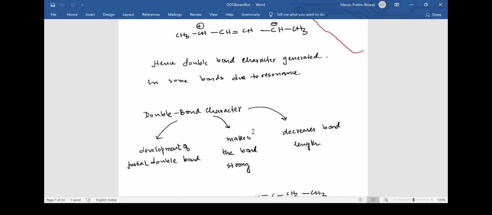In a similar way, there is a bond vibration energy, and we need not go much deeper into that. The basic thing I'm trying to say is that if the bond length increases, the stability of the bond decreases, and if the bond length decreases, the stability of the bond increases. I'm repeating again, the bond length varies inversely with the stability of the bond. So in double bond character we see that the stability of the bond increases. Therefore we can say firmly that the bond length decreases in case of double bond character. So while making questions you need to remember these three facts about the double bond character that is consequently developed due to the resonance effect.